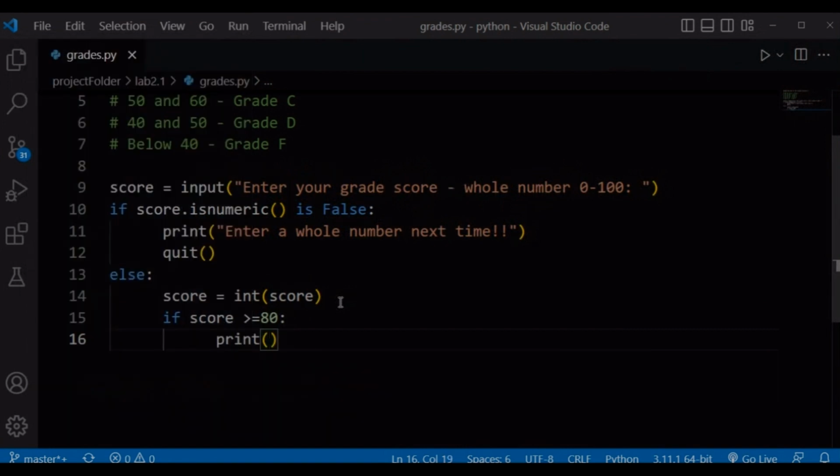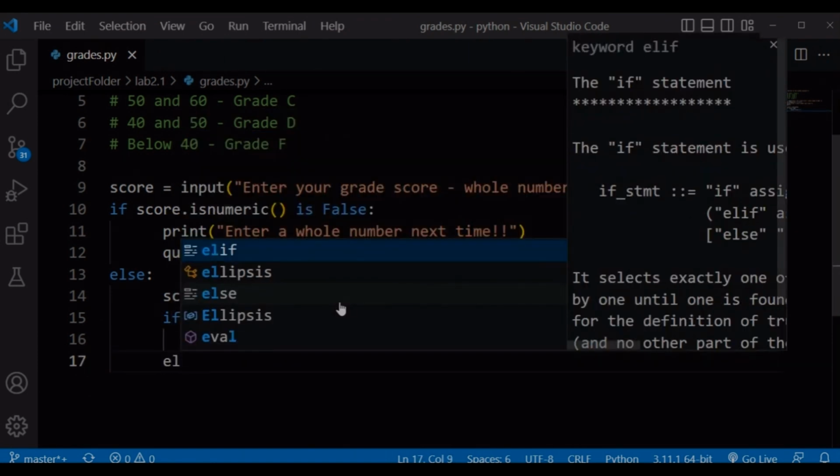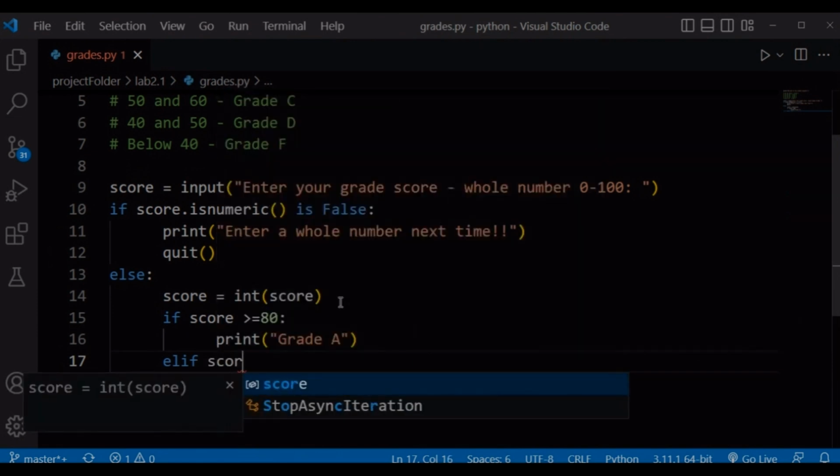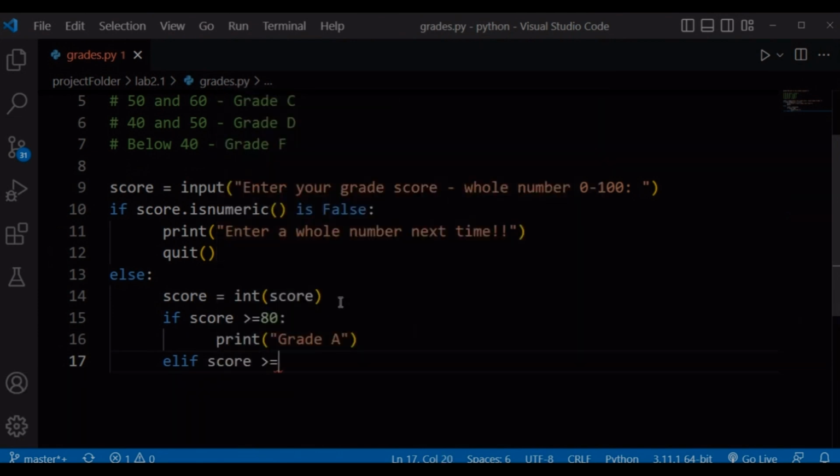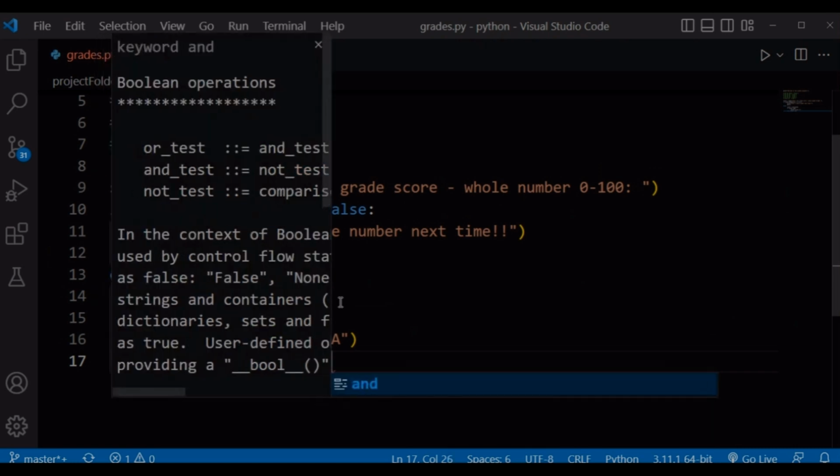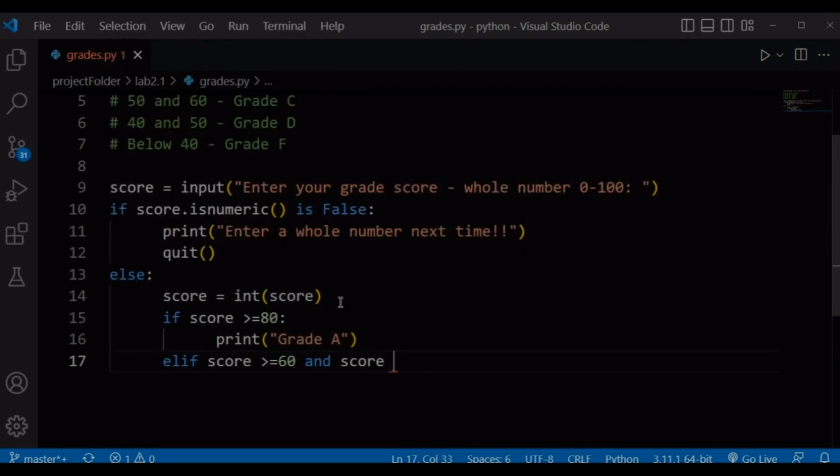And then we want to print to the student grade A. If the student enters a score that is greater or equal to 60 and a score that is less than 80, we'll give him grade B. So print grade B. Then we have if